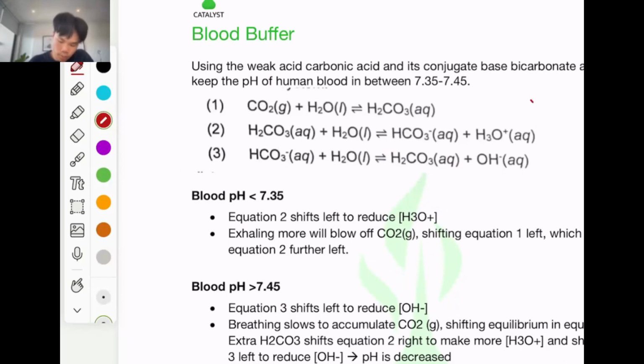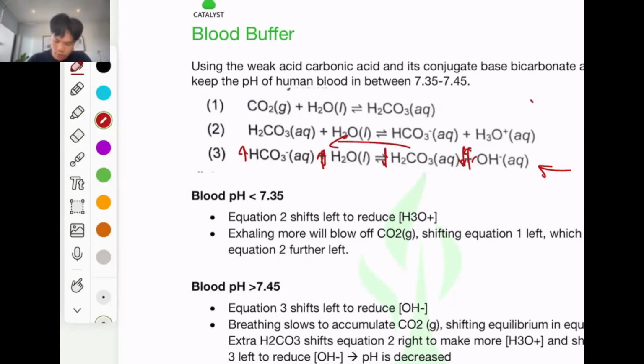Let's say we talk about it through just equation 3. Equation 3 is going to shift left to counteract that increase in OH minus, brings us down, down, down, up and up. That shift has reduced the amount of change that occurred to the OH minus concentration, and in making more HCO3 minus,